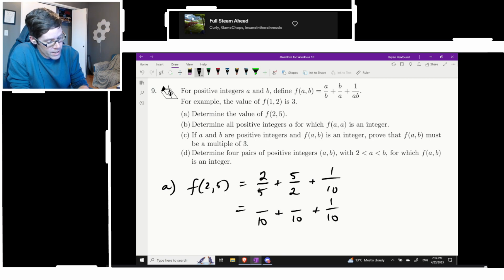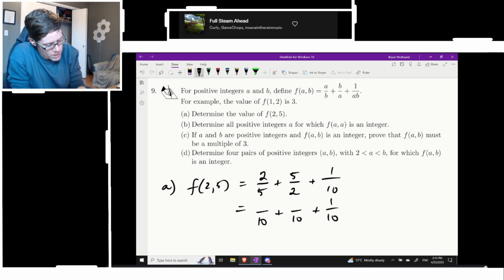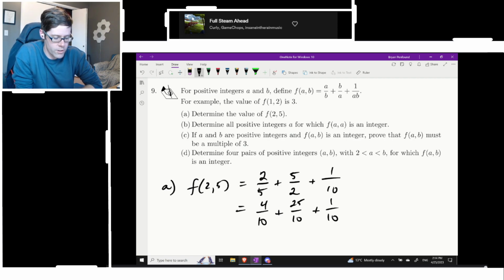However, it could get tricky when a and b have shared factors. If a and b are prime, then it's relatively straightforward. But we can still work algebraically with that, even if they share a factor. But anyway, this will be 2 times 2, which is 4. This will be 5 times 5, which is 25. Oh, I see. So you're always going to get the squared terms up top plus an extra 1. So 4 plus 25 plus 1 is 30. This will be 30 over 10. What?